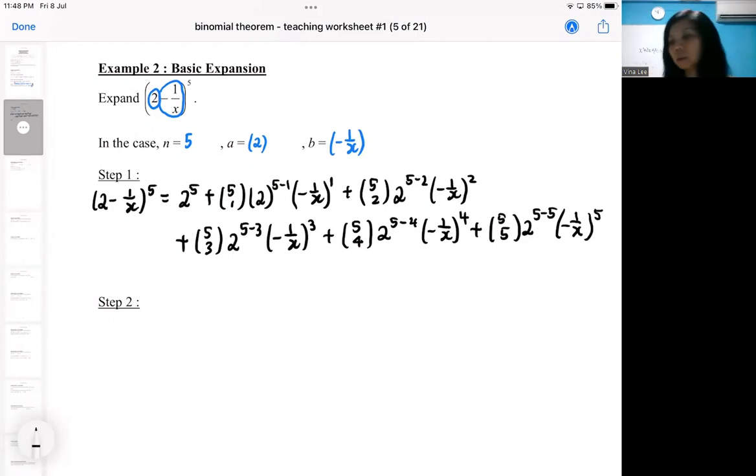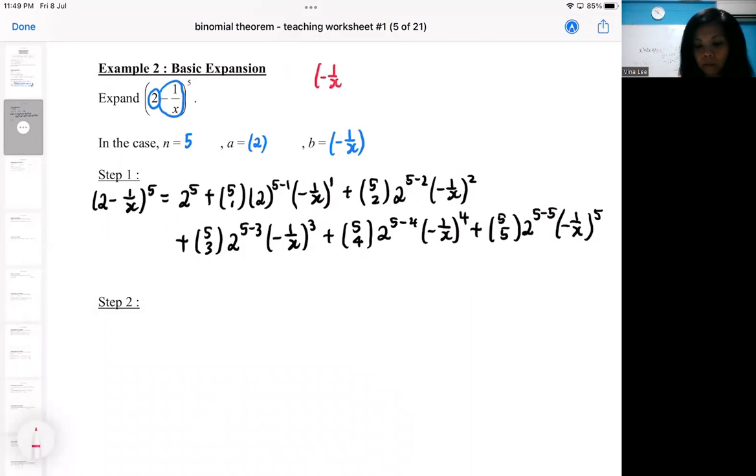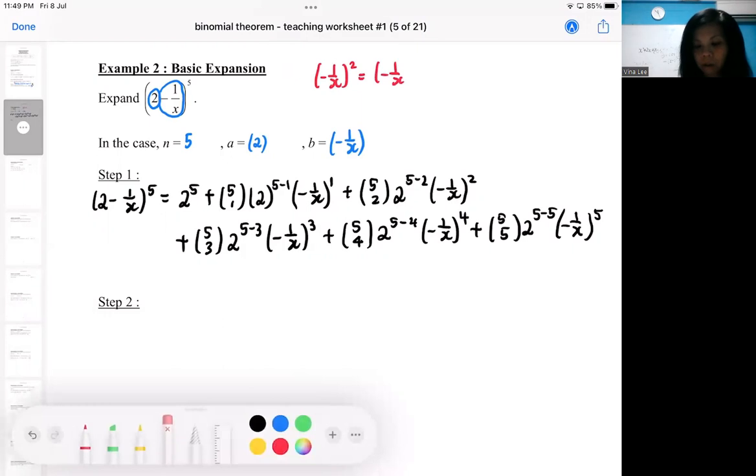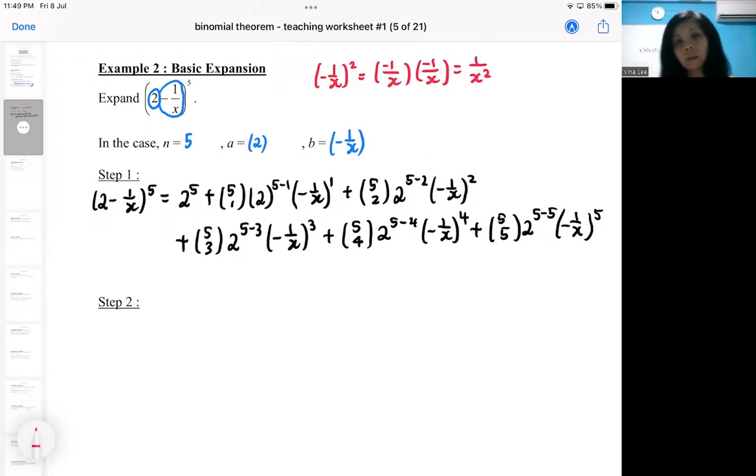So now you have to punch the calculator. Before you punch the calculator, I need you to have an awareness of even power and odd power. So I'd like you to observe a little bit first. If you have an even power, that means you have minus 1 over x times minus 1 over x, because of the negative times negative, that's why it becomes positive. But if you have an odd power,